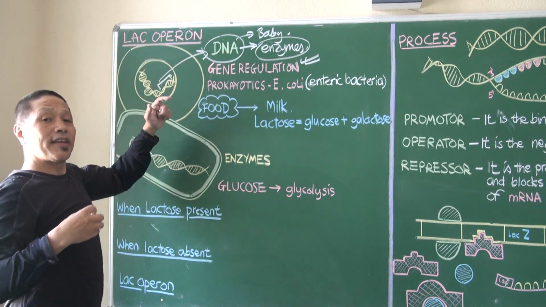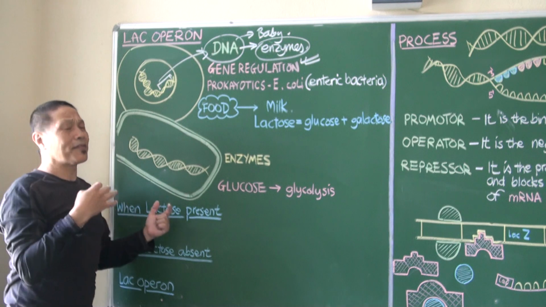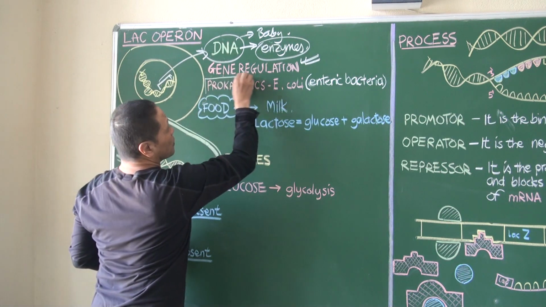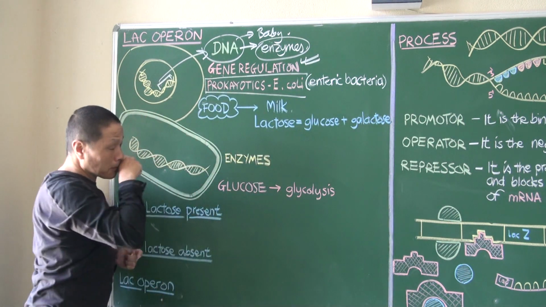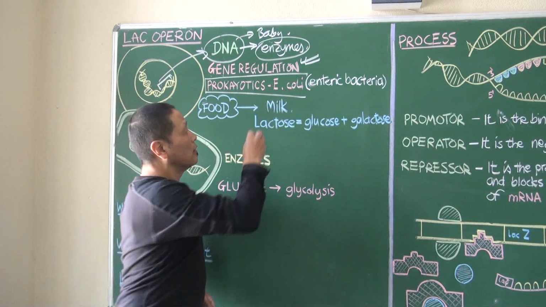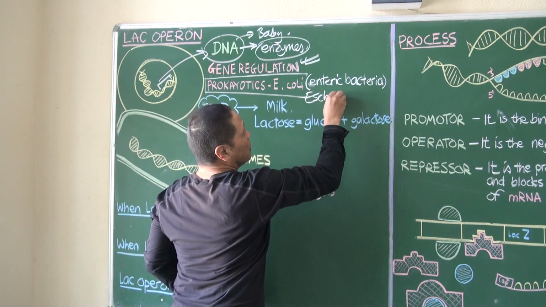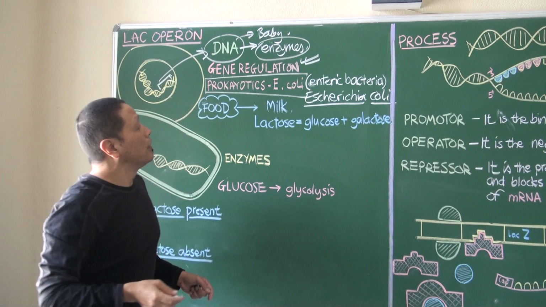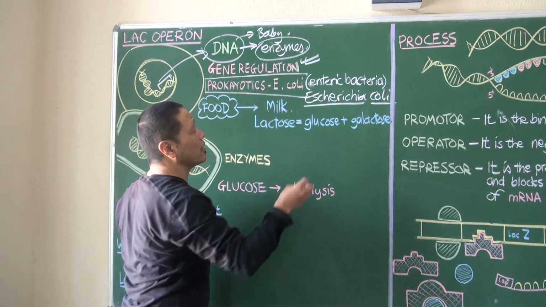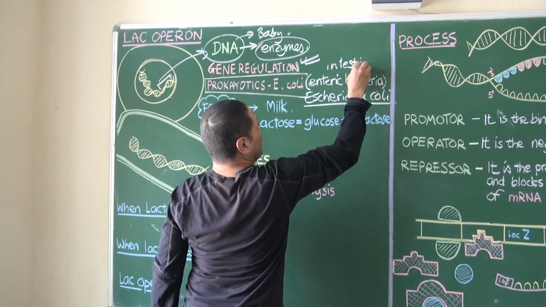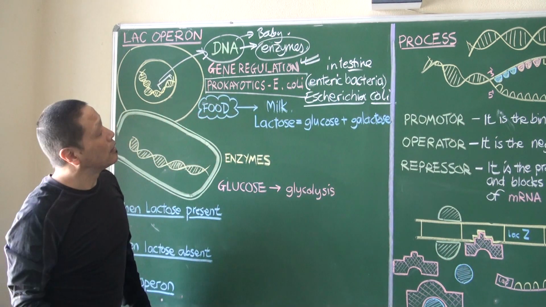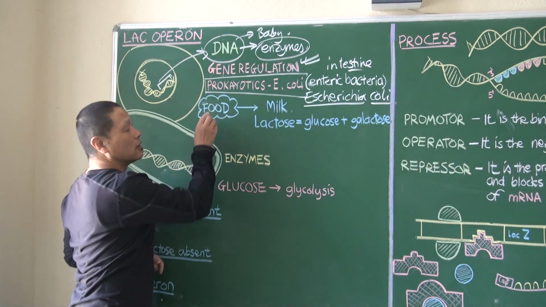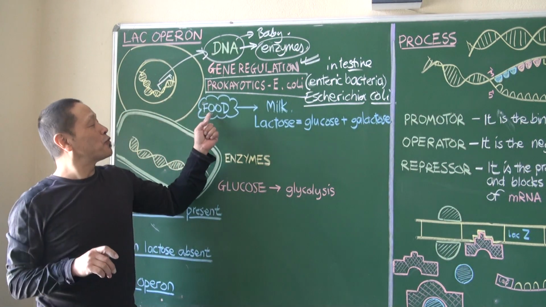Now, lac operon is a very sophisticated, you can say, or a very fancy way of regulating this copying of genes. It has been studied in the prokaryotes, and we take the example of E. coli, or Escherichia coli. Okay, this is an enteric bacteria, meaning it's in the intestine. So what this bacteria eats is the food that we eat. The food, not that fat boy from the hostel. This food that we eat